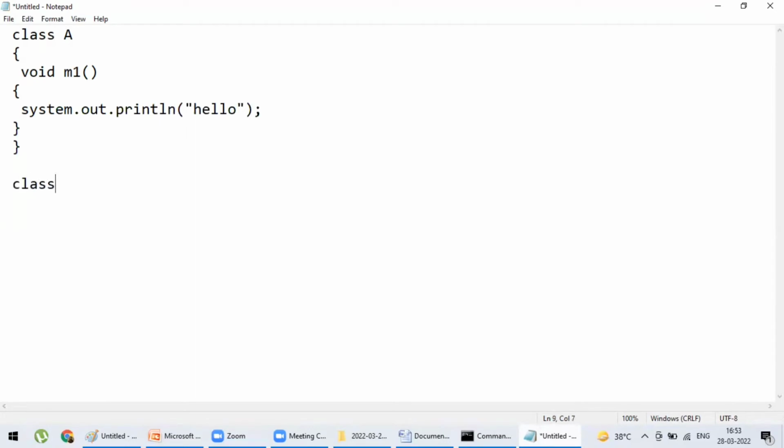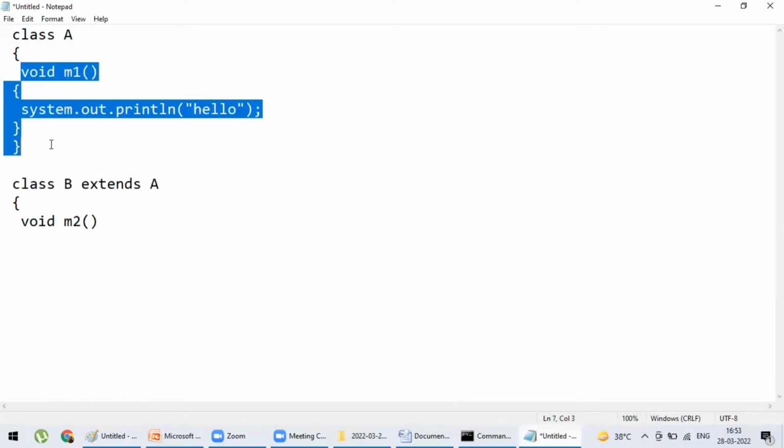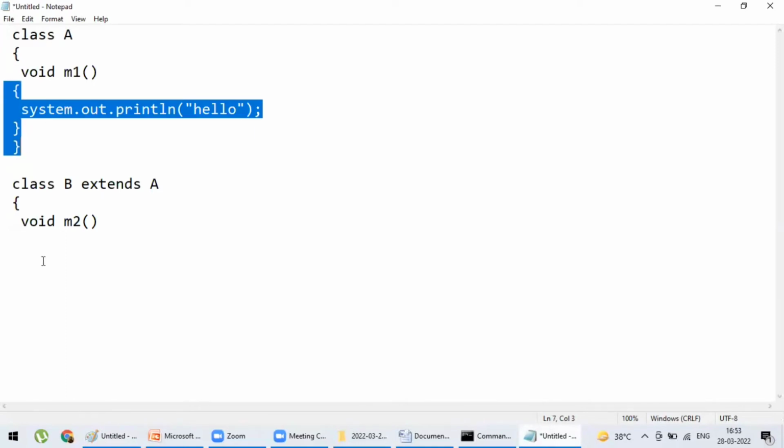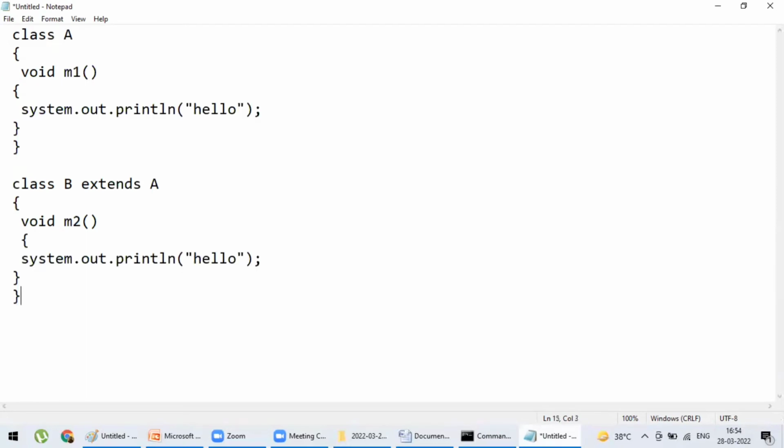Now class B, the derived class, extends the base class, that is class A, and void M2. That means class B now contains the M1 method as it is. By writing this line, class B contains the method M1. Now the M2 method, let's define it so it prints hi. Instead of hello, I'm changing it to hi.